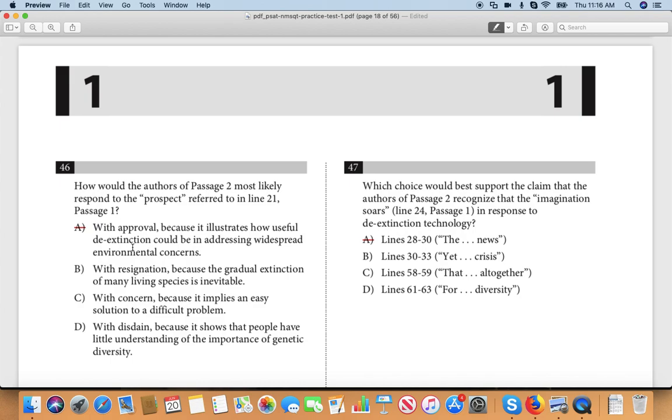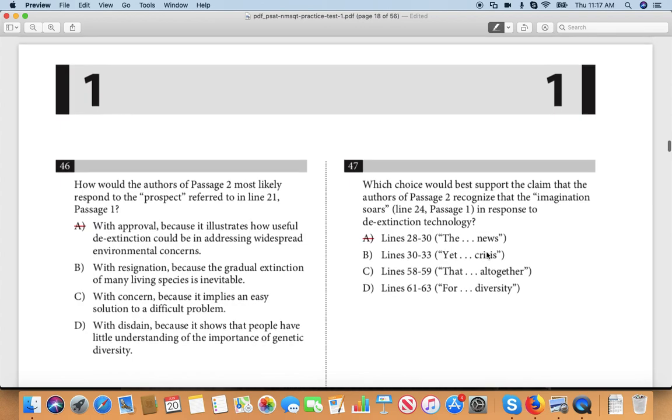What's their main point? It's talking about how we need to focus on the primary problems of today. Yeah, we got to focus on conservation. Don't worry about bringing back the mammoth. We got guys dying today. That's the main point, which is basically B so far, right? Not that maybe they might be useful in a couple limited circumstances. That's not their main point. So that's gone. Go and read D, 61 through 63.